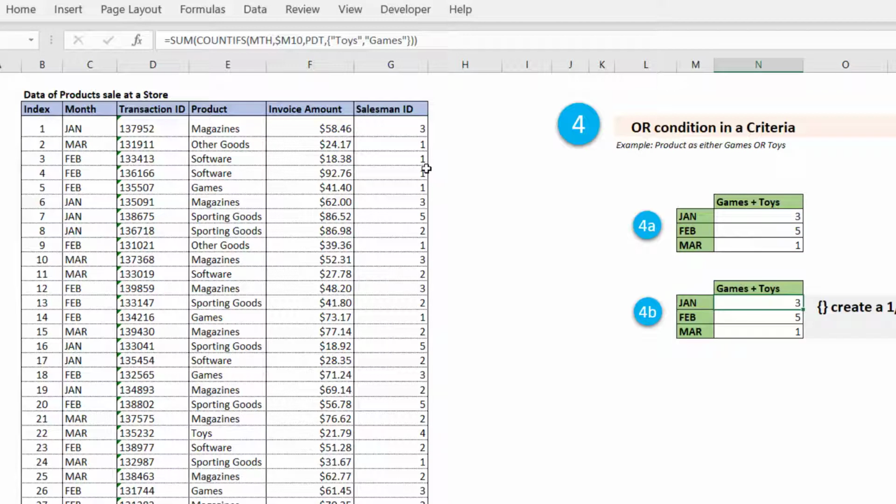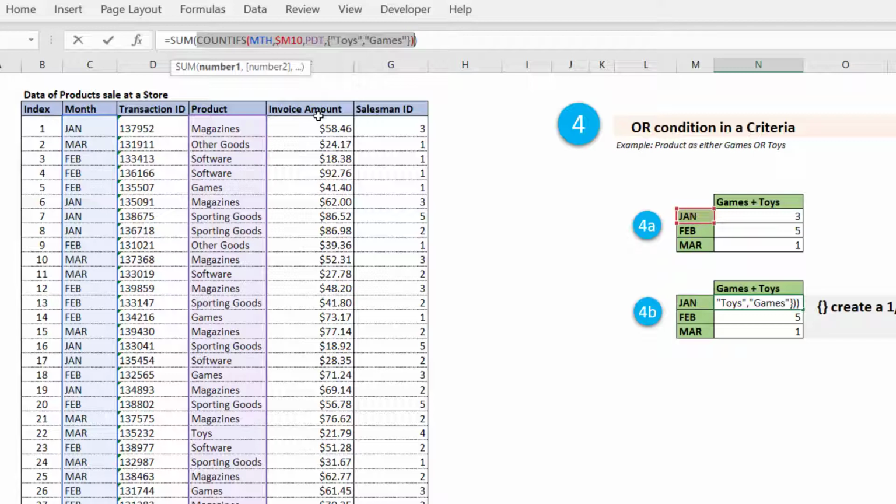Now the curly braces out here convert the countif output to a 1 or 0 flag based on wherever the criteria is met, and to sum up all these 1 occurrences, we need to apply the sum function. So I'll give you a quick view of what's happening inside the sum function, that is the output which is given by the countif function.